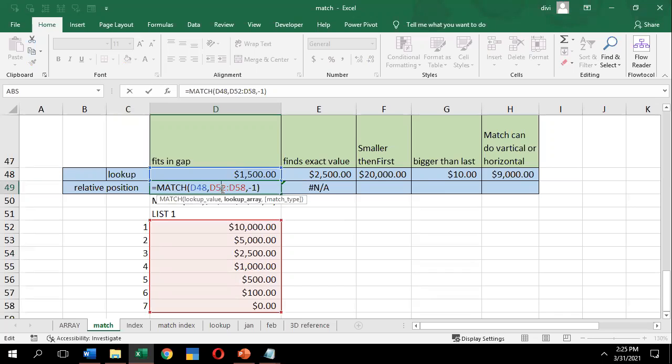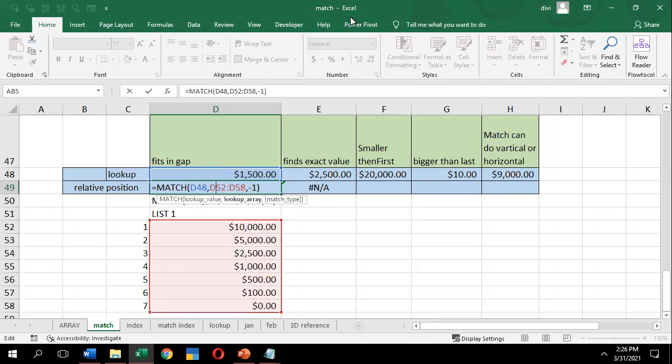Which are those? Relative reference, absolute reference, and mixed reference. Relative reference is the same cell address; it won't have any dollar sign. In a mixed reference, either the column is blocked or the row is blocked. In an absolute reference, both the row and column are blocked. So if you want to block, you need to convert it to the absolute method.